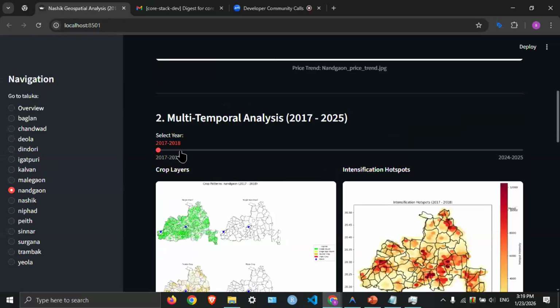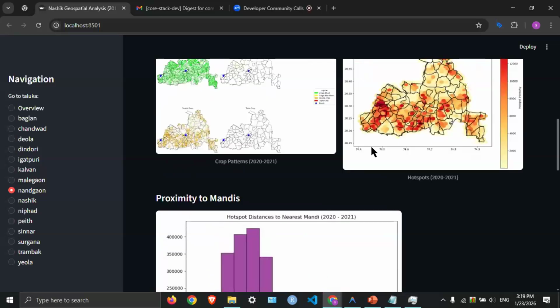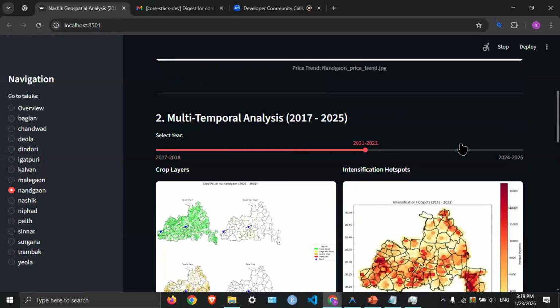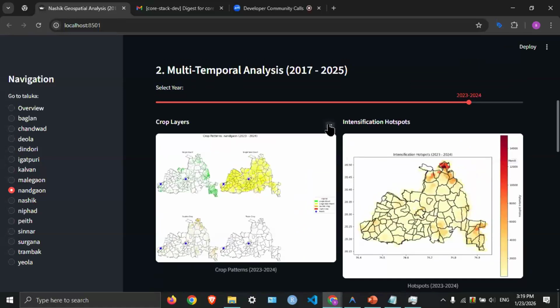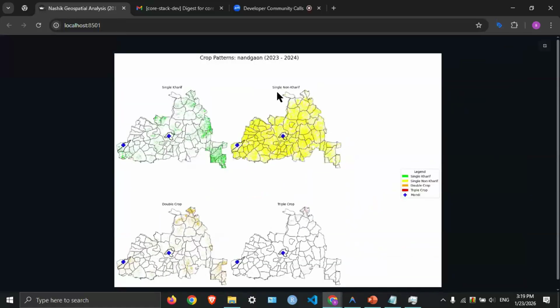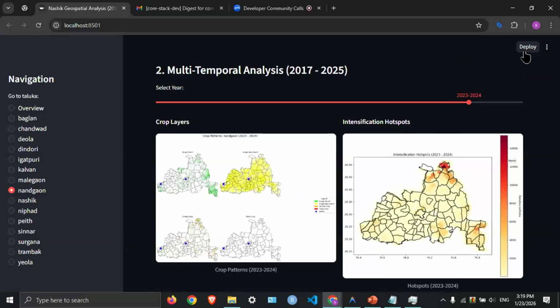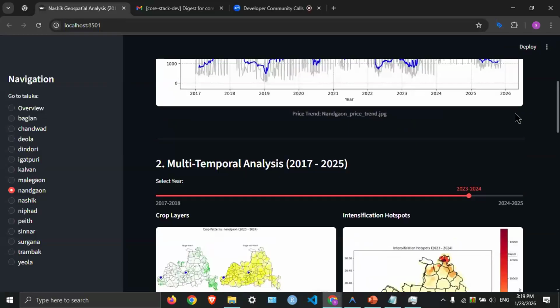But if we change over a period of time, so the pattern also shifted, right? In that case, here in Nandgaon, now most of the farmers decided to do a single non-kharif plantation in their farm, right? Because of it, let's say in